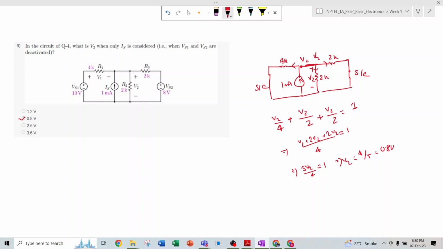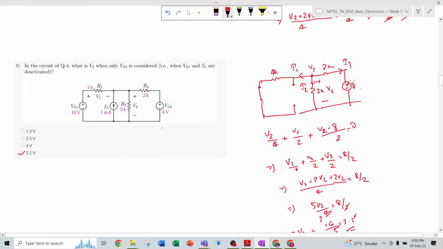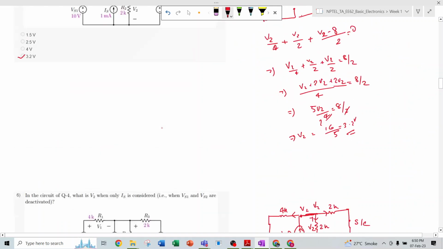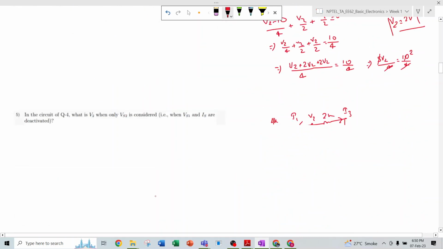So you understood this thing. This is the same concept. We are using only basic KCL and KVL, and then we are following the superposition principle. So basically the superposition theorem tells that suppose you have this circuit,